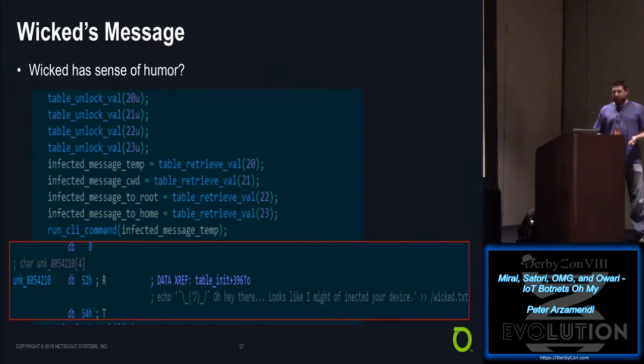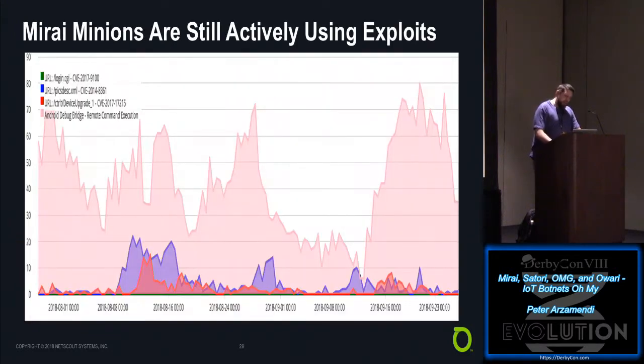I really don't understand why they're doing it, maybe just to show off their elite ASCII art. But within the Mirai configuration table, they also contain certain strings letting the owner of the device know that it's been compromised. So we see, again, storing the information within the table, unobfuscating it, writing it out to the different portions of the file system, and then cool little ASCII art.